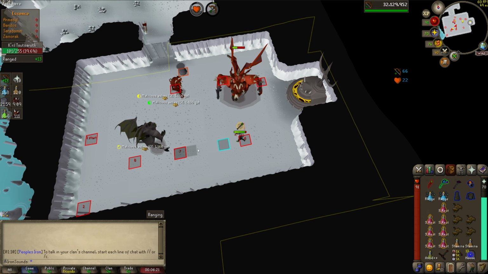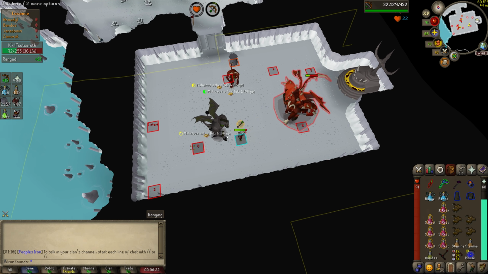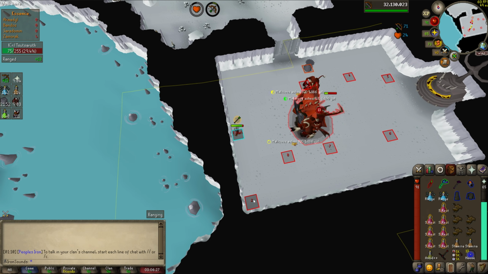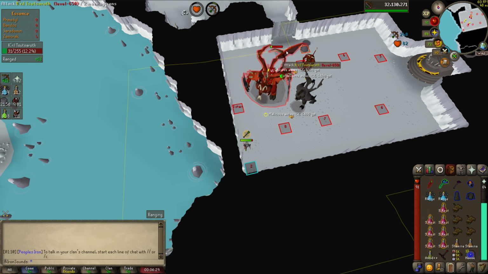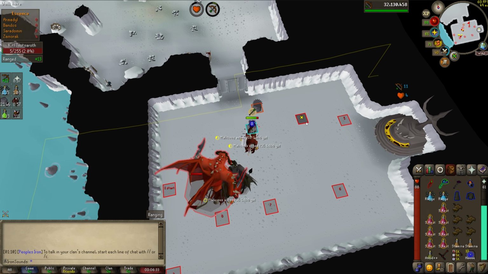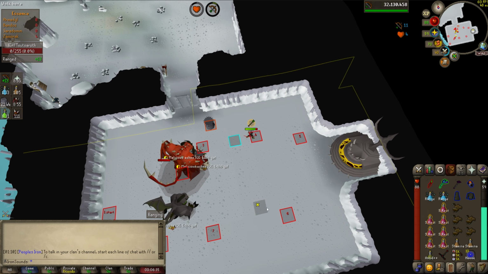It's really that simple. You can get so many kills here, especially once you get the method down. Like I said, it could take a little bit sometimes. Just getting used to it, if you don't use the true tile all the time or something like that, it can take a little bit to get used to it. But once you do,